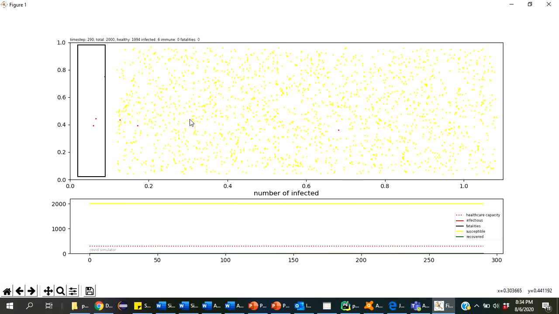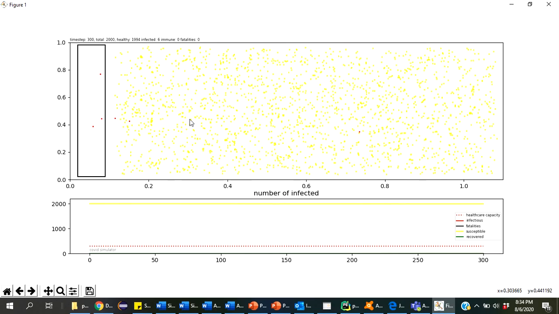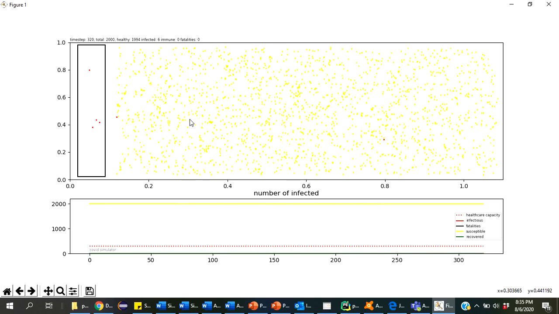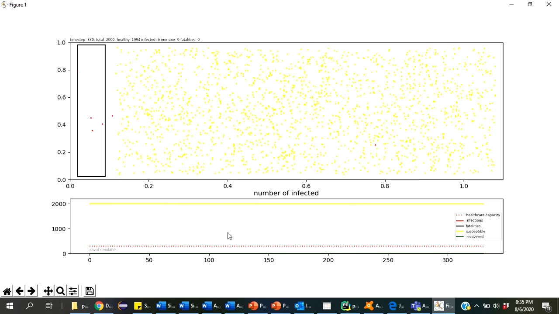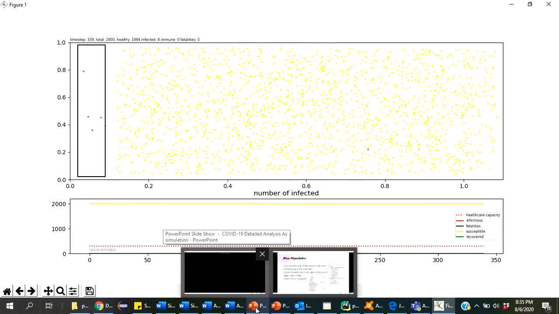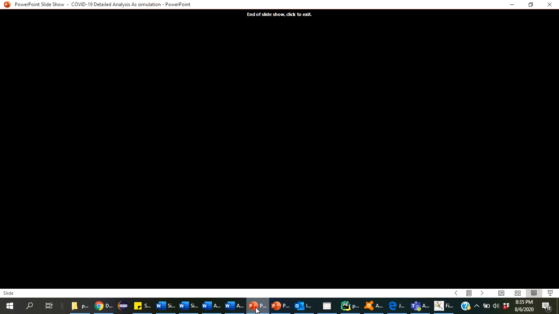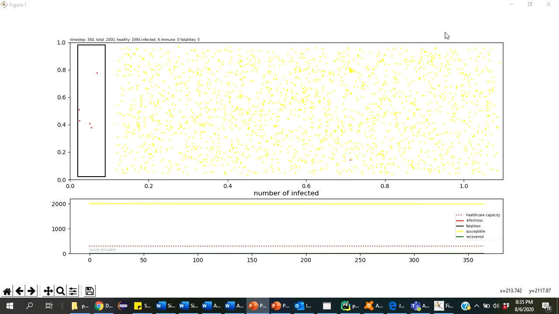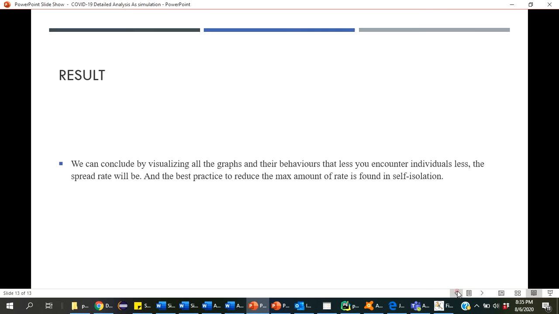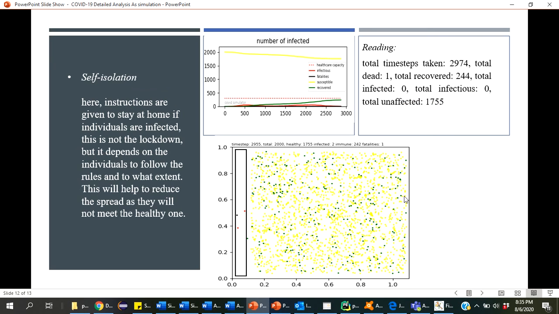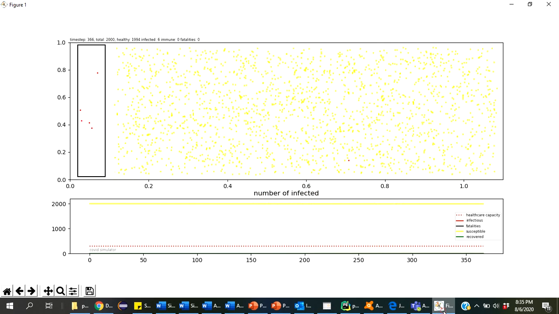This is taking some time because I have not given it a lot of speed, and the timestamp is increasing little by little. But if you want to see some diagrams, I have already included them in my paper. I can also show you that, or I already described in my first PPT what kind of graph it will create if self isolation is there. If you want to see it, I can show you. The self isolation part is here. Here only two infected people are staying. Most of them are immune, and this is the graph it has created. This is what it will show you.